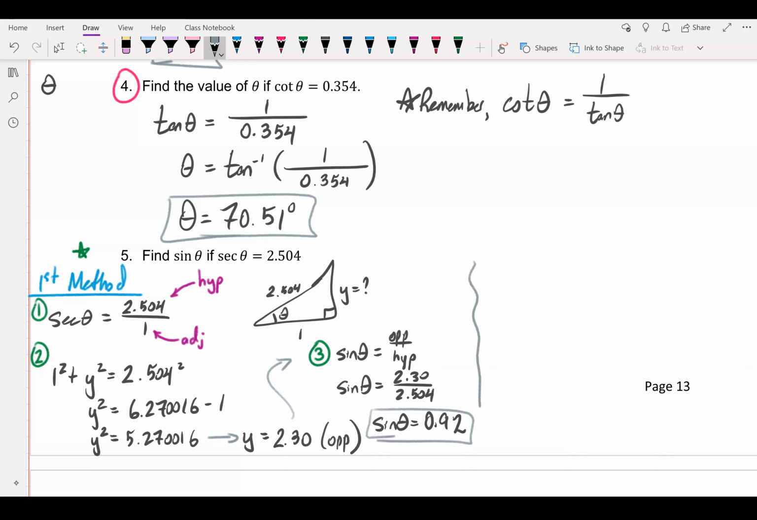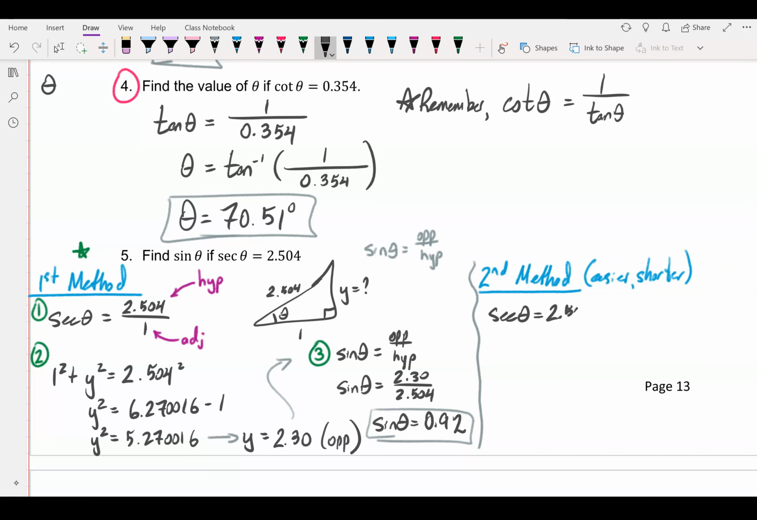There is an easier way, and I would recommend this second method because I find it's a lot easier to do and shorter. You just need to think ahead and be clever, okay? You're trying to find sine theta. Again, let me write down that sine theta equals the opposite over the hypotenuse. One thing you can do is, because you've been given secant, remember, if secant theta is 2.504, that means that cosine, let me put it underneath actually, that means that cosine is the reciprocal of that,